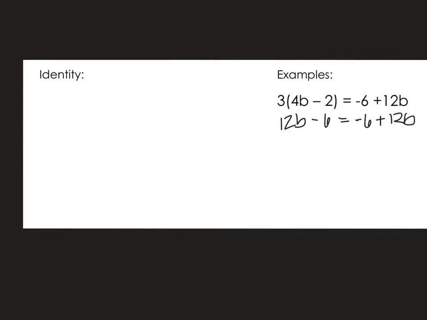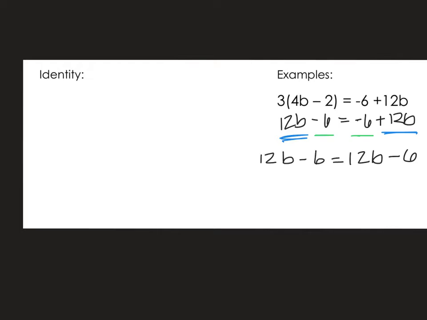Now I see something right away here. I see that I have 12b and 12b. They're both positive. Then I also see that I have a negative 6 and a negative 6. So technically I can rewrite this side here to be 12b minus 6, which is the same as the other